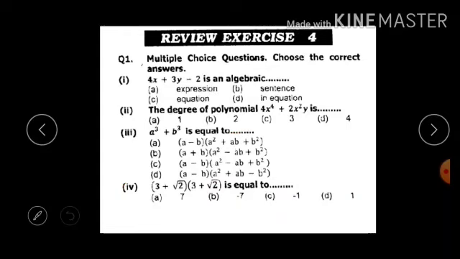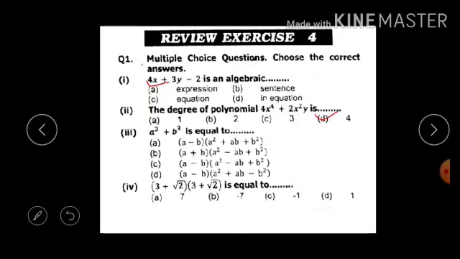Choose the correct answer. Part 1. 4x plus 3y minus 2 is an algebraic expression, sentence, equation, inequation. The answer is expression, A. Part 2. The degree of polynomial 4x raised to power 4 plus 2x square y is 1, 2, 3, 4. The answer is